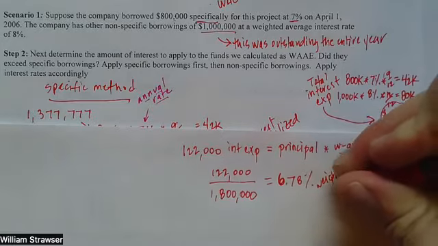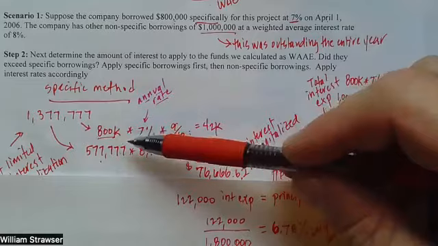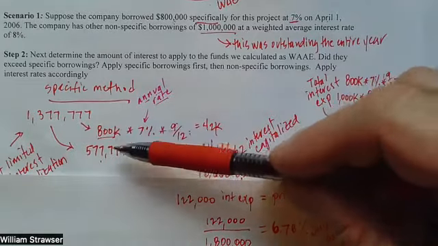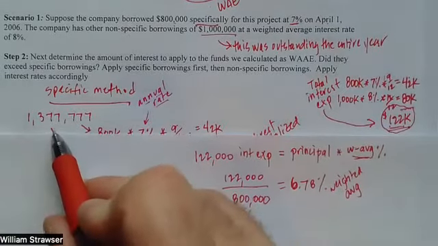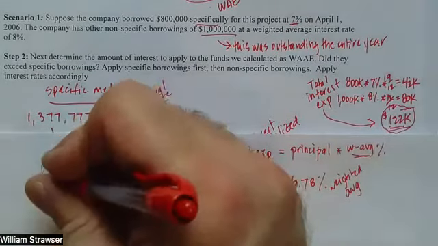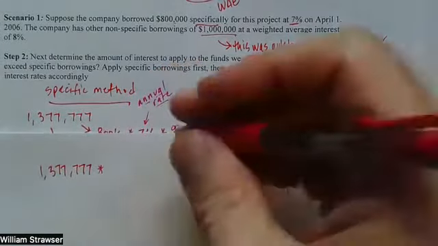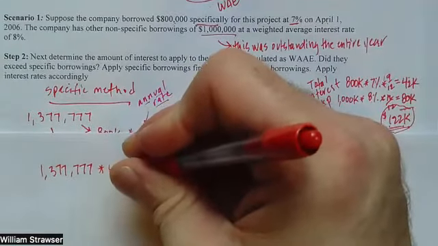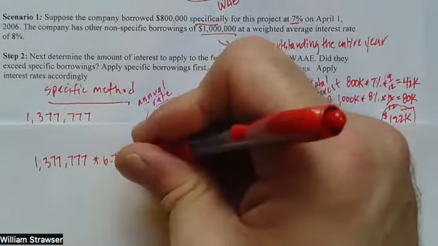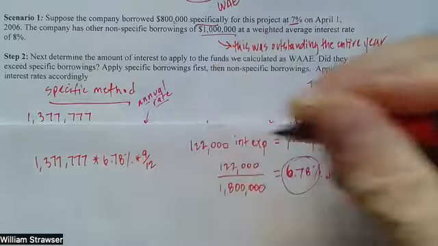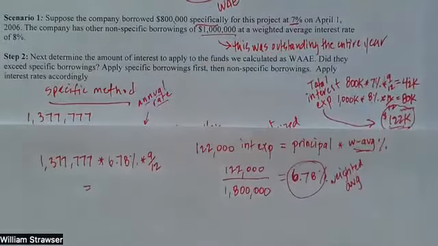Then it kind of simplifies things, because when we're doing the weighted average method, we don't have to go to the specific first and apply that rate, then the non-specific, then apply that rate. We would just take the total amount that qualified for capitalization, 1,377,777, and multiply it by this amount. We could only multiply it by that amount for 9 out of 12 months because of the limit on the capitalization period, because of the limit in the construction. And when I get that amount,